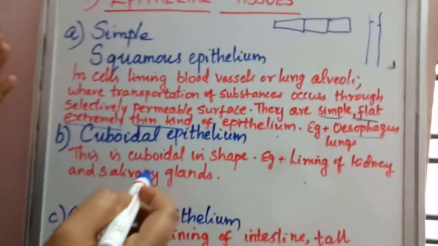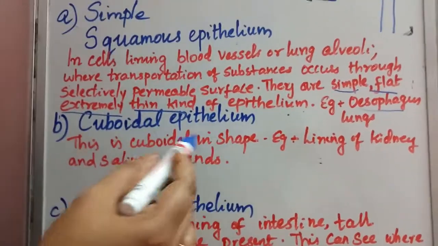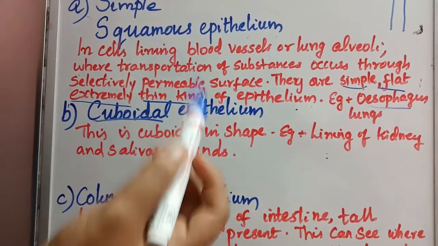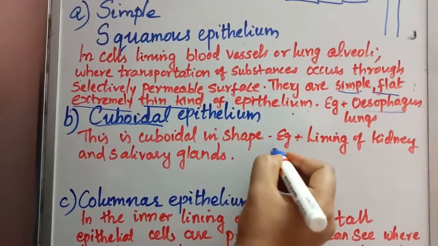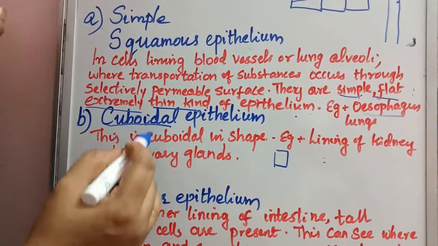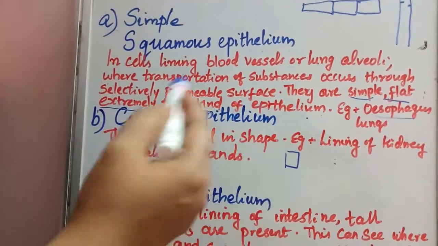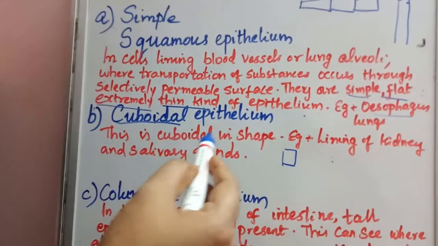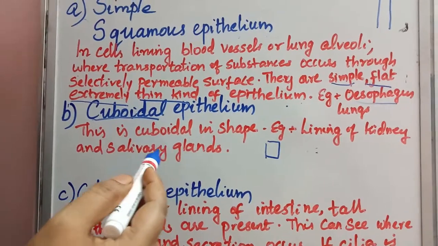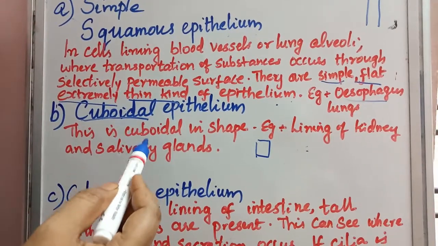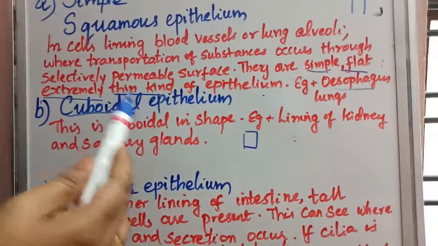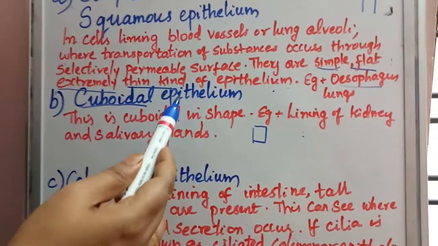Okay, so next one is cuboidal epithelium. Cuboidal epithelium, why this name, can you guess? Because the shape is like a cube, that is known as the cuboidal epithelium. This is cuboidal in shape. We can see this type of tissue in the lining of kidney and in salivary glands. This cuboidal epithelium forms the lining of kidney tubules and ducts of salivary glands, where it provides mechanical